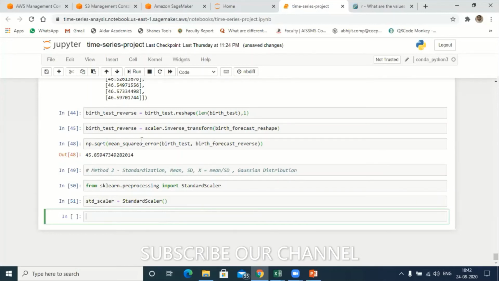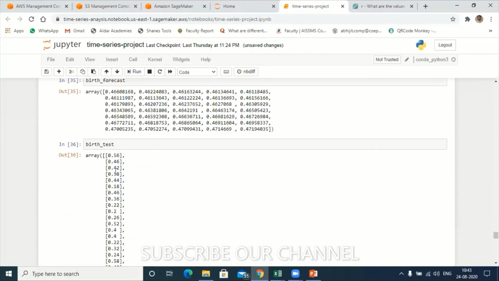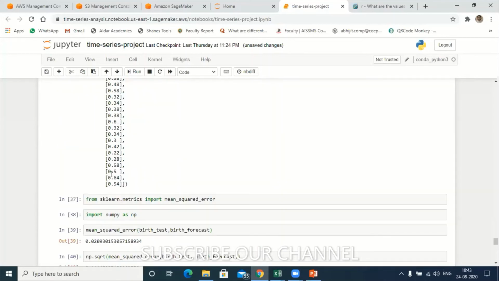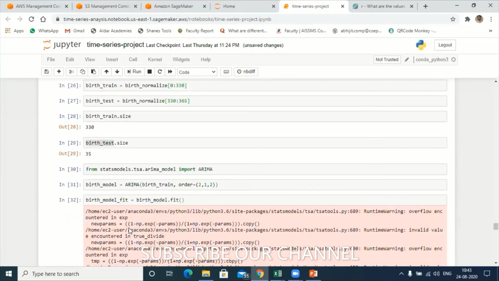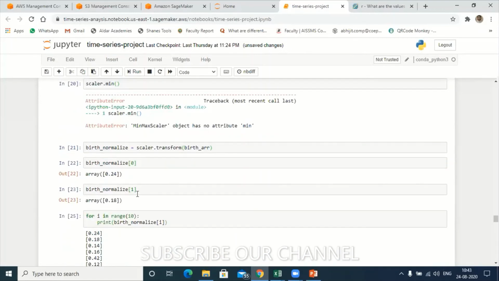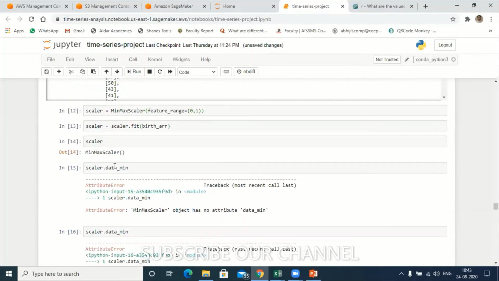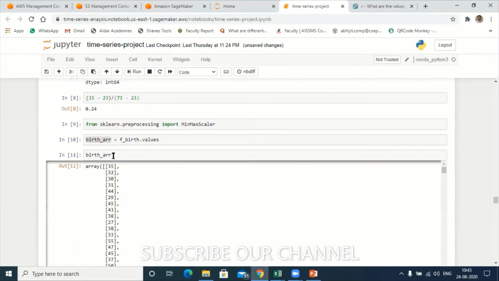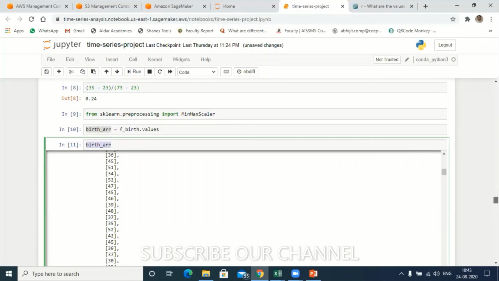Now next, let me try to fit the model because already I have the data, which is in the array now. You can see here. Okay, same data I'm going to use. Sorry, birth array, not this one. Where is that birth array? Yeah, this data. Hold on one second. Birth normalize. Yeah, this data, which is in array now: 35, 32. Same values I'm going to get here in this standardization. I'm not going to convert in terms of 0 to 1 here.